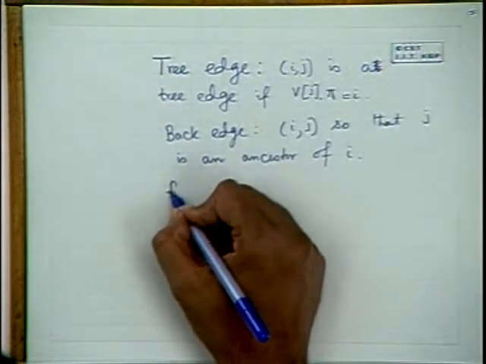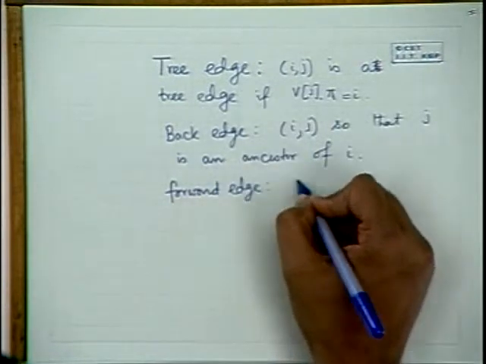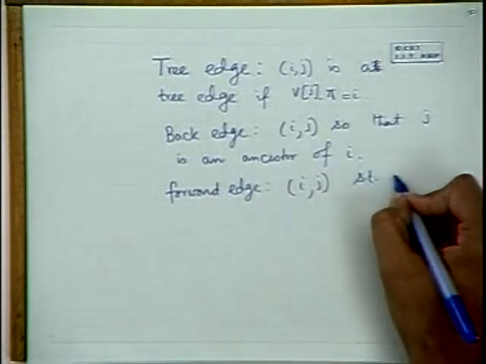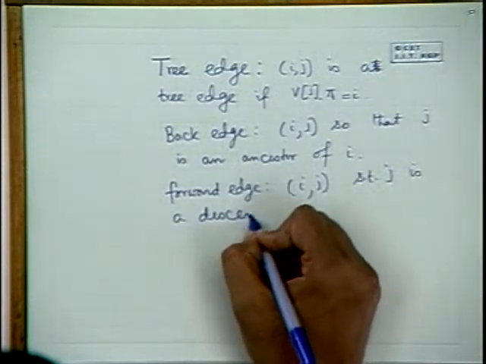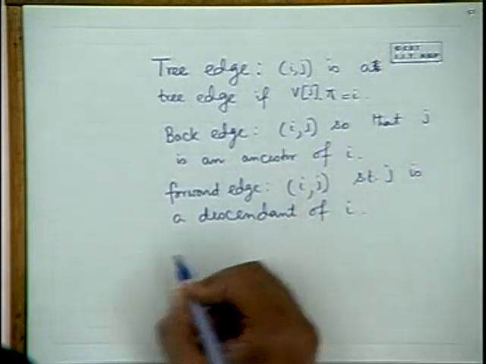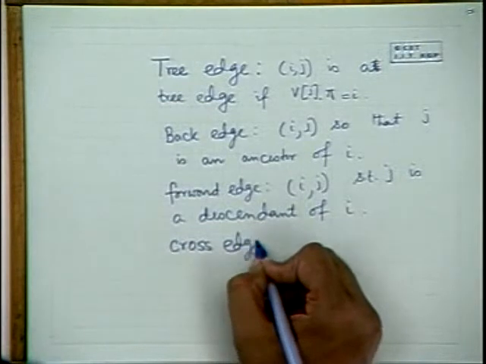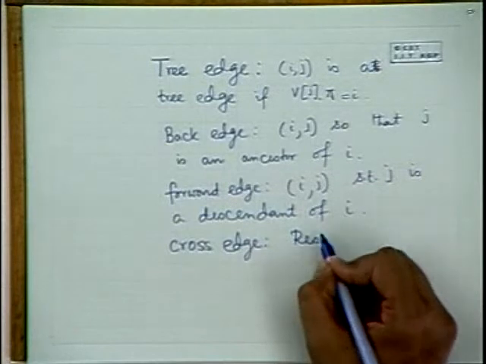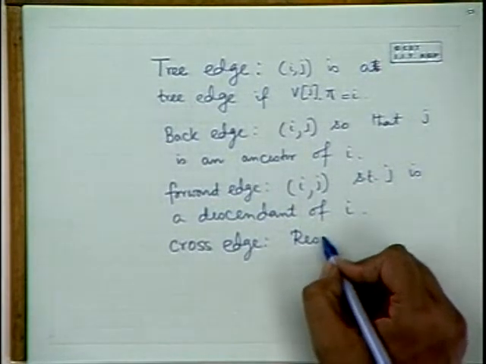And similarly, what is a forward edge? It is just the opposite of a back edge. Ij such that j is a descendant of i. And we also have some other edges which are called the cross edge. Cross edges are those edges which are the rest. So basically those which are not tree edges, not back edges, not forward edges, they are called the cross edges,